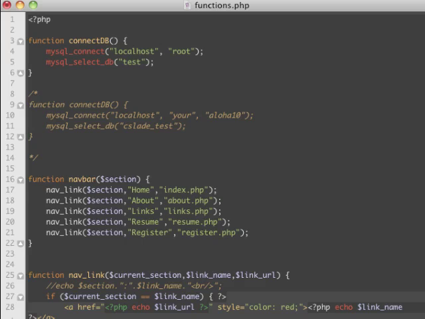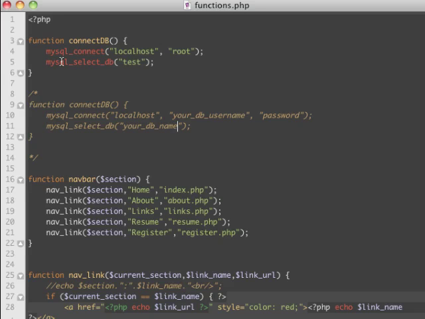So let's put your DB username and then password and then your DB name right there. And I don't include a password for mine, so that's how I connect to my database on my